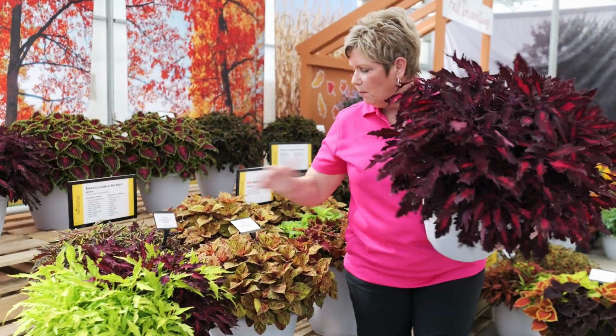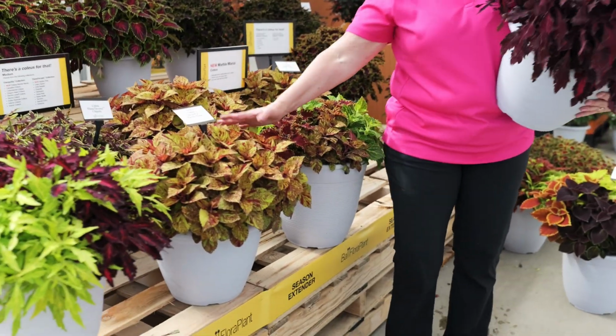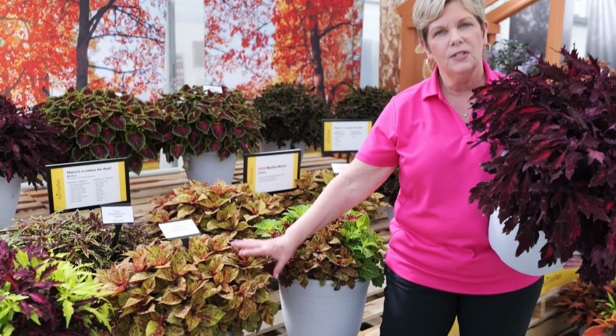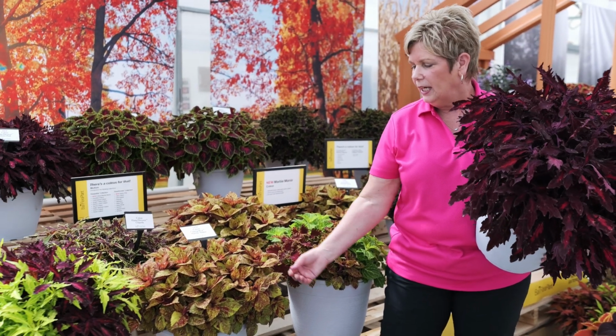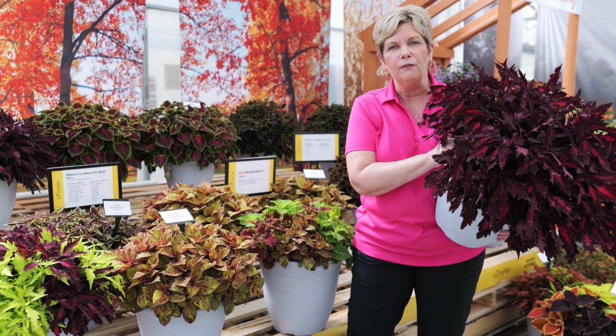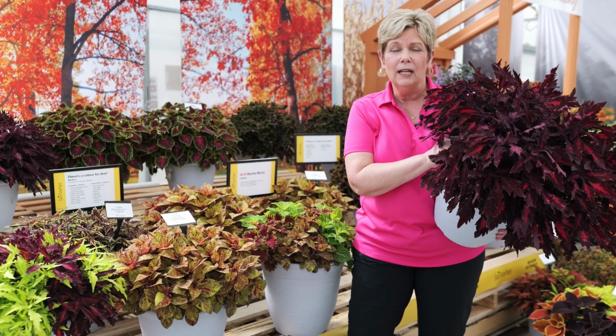Next, we have Marble Mania, which is charged up Marble Mania. It is a vigorous, upright, premium sun Coleus. It has a Chartreuse color with a burgundy splash on the leaf. I think it would make a great addition to fall